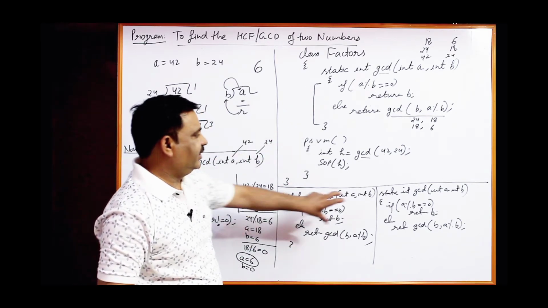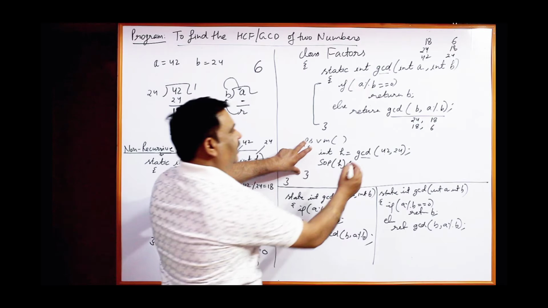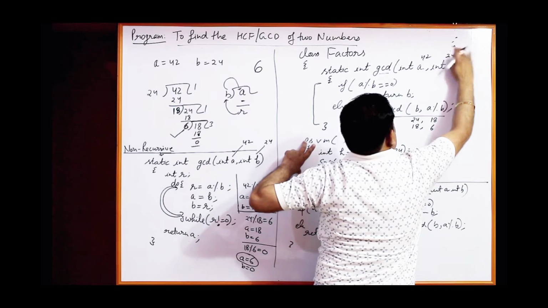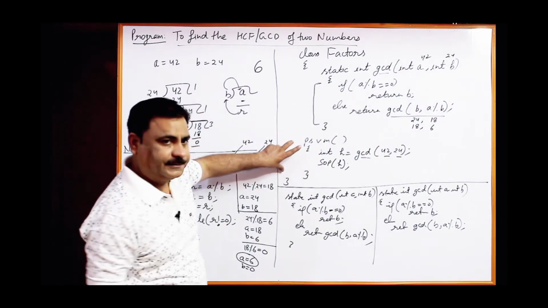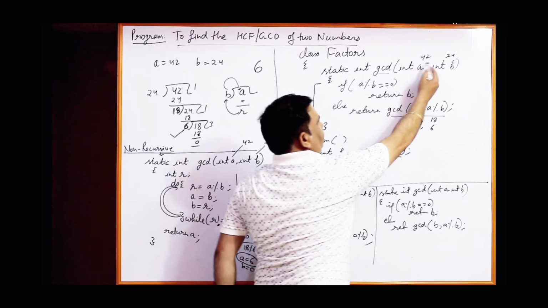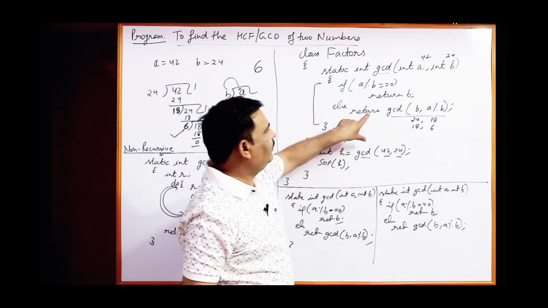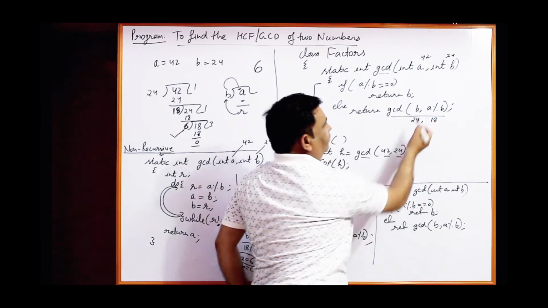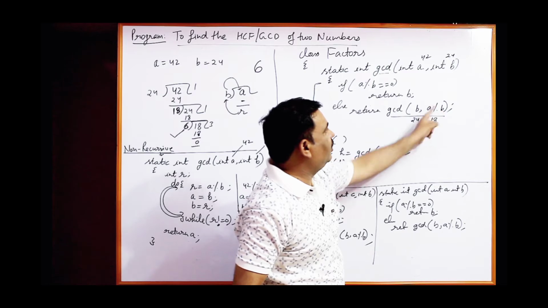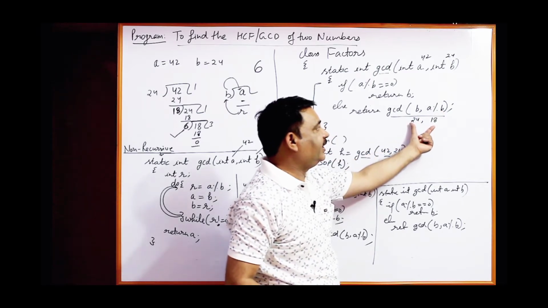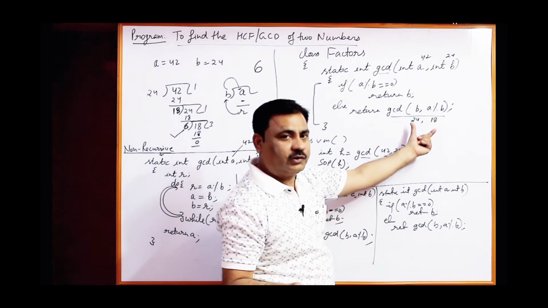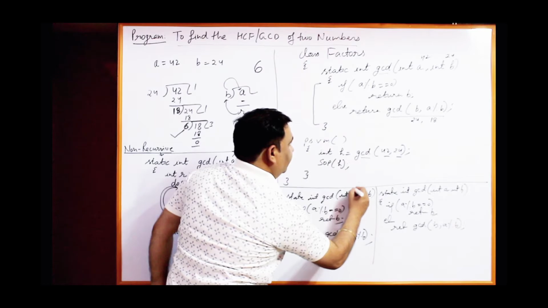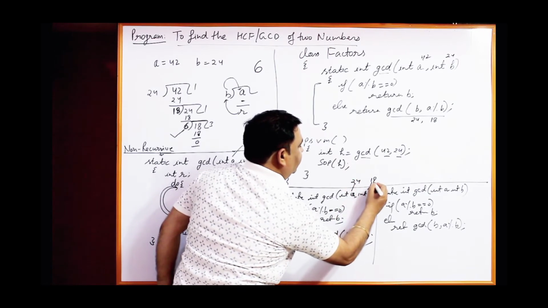This is the first, second and third function call. I am calling it from the main by passing 42 and 24 to this function. So from the very beginning, from the main, 42 and 24. 42 is not divisible by 24, so the function will be called. b is already 24, but a modulus b will become 18. So 24 and 18 will be passed to the second function call, and suppose this is the second memory block of the same function. But here now the value of a will be 24 and b will be 18.